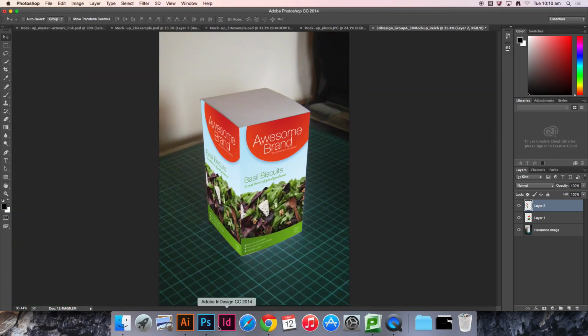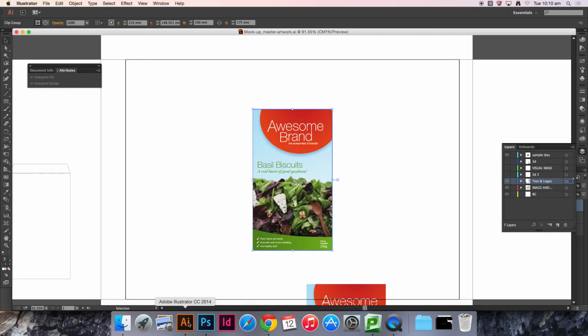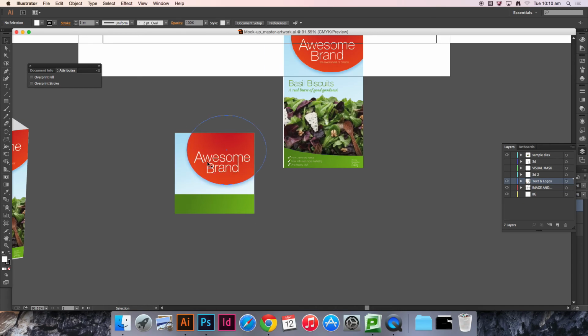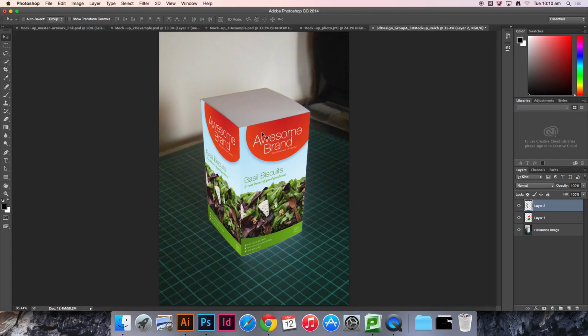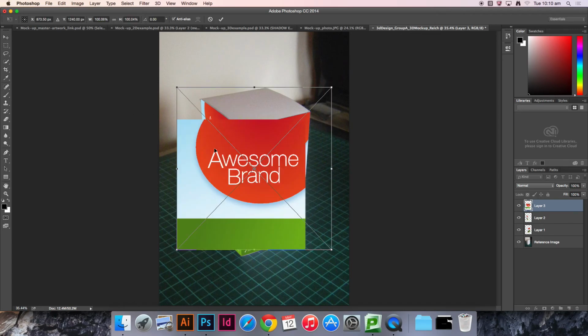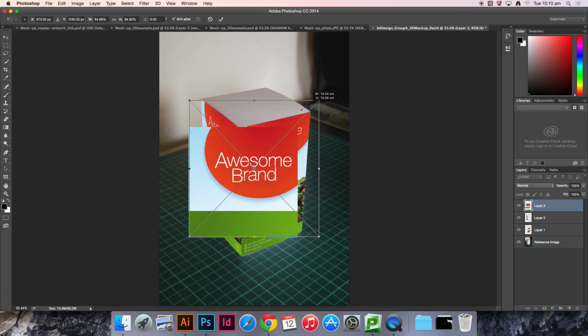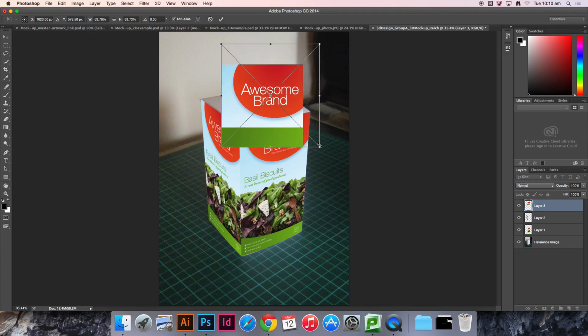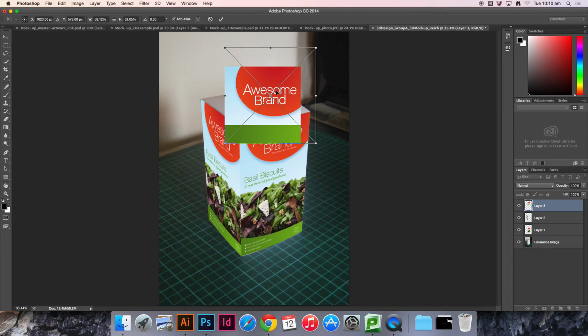And then the only other thing is the top of pack. So you'll go back to your AI file. Down the bottom here, you'll see the top of pack as the square. You'll select that, Command C, go back to your Photoshop file, Command V, again pixels, reduce it so that it's only slightly bigger than the side of pack that you're working with. And because this one's going to be distorted a lot more, I might want to leave it just a little bit bigger than the other sides. Click enter,